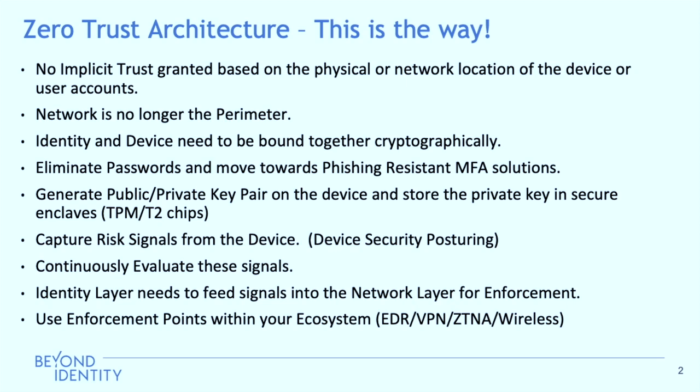The document and the framework talk specifically about two things: authentication and authorization, and ways to modernize these two key elements. They're very specific about saying that you need to eliminate passwords and move towards phishing-resistant MFA solutions. Most of us are still leveraging username password-based solutions with a band-aid of a push-based notification that comes on your phone. Well, these have proven to be phishable, and so we need to be moving towards phishing-resistant MFA solutions.